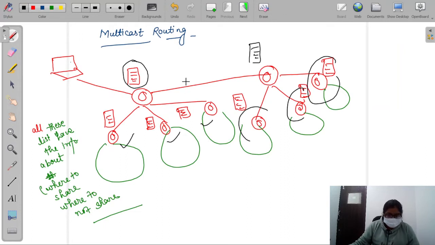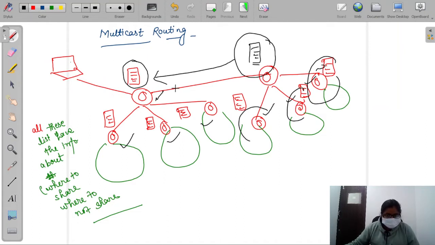Okay, but if this router has any data to be sent here, then this information must also be available with it. So this type of work is done with the help of multicast routing. Okay, there are some other lists that have to be maintained, which we will discuss later. So for this thing,